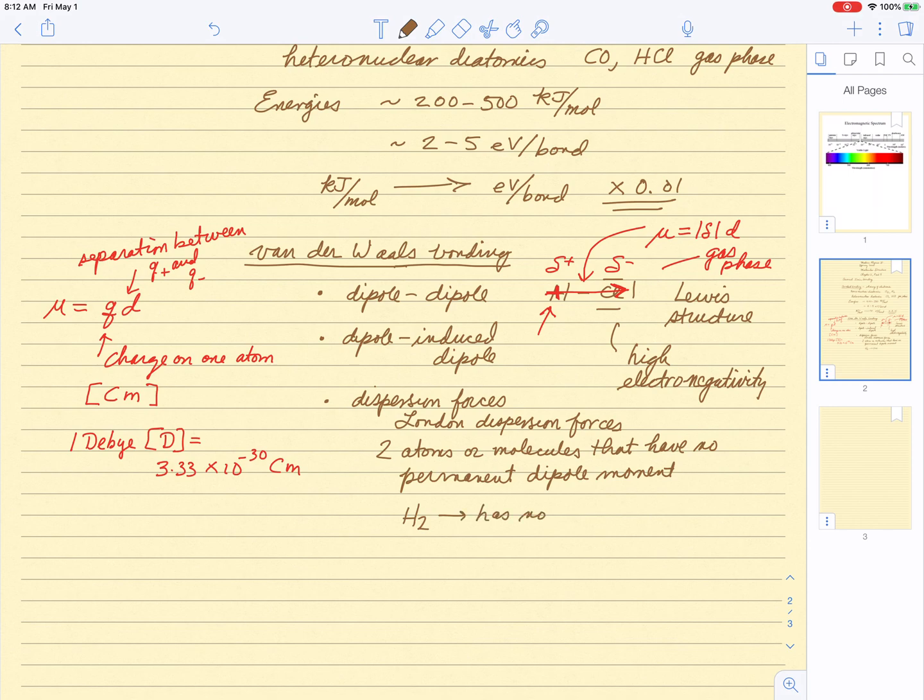It has no dipole moment. But the electron distribution around H2 does fluctuate in time, and these